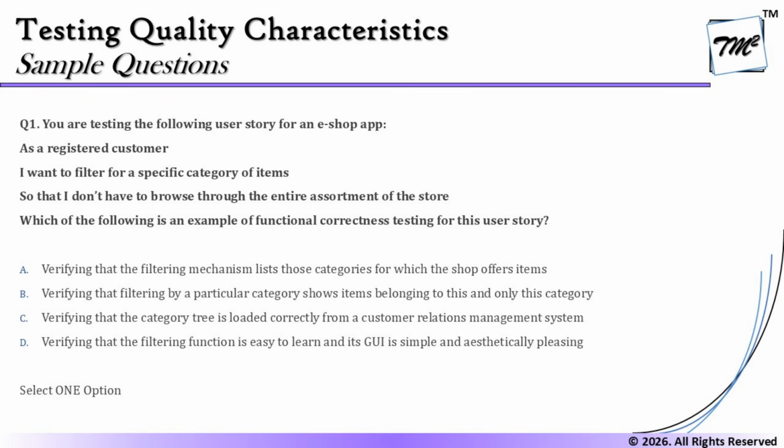As usual, as I tell you, the best way to solve the questions in the examination is, of course, to pause after reading the question and go back and think about what you know about that particular subject. And the subject is very clear from this question. We are talking about functional correctness testing. And of course, we are talking about whether whatever you have implemented is working correctly or not, which can be related to accuracy, it could be related to relevancy, it can be related to the precision of whatever is